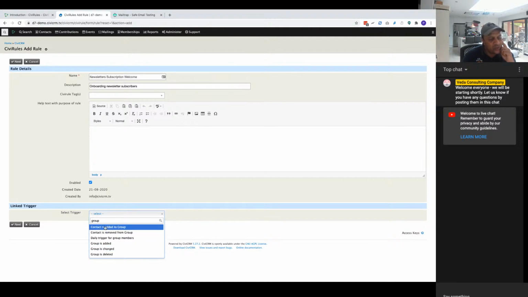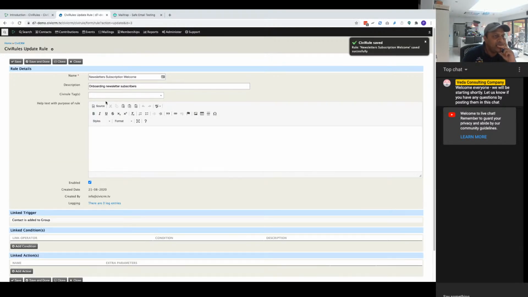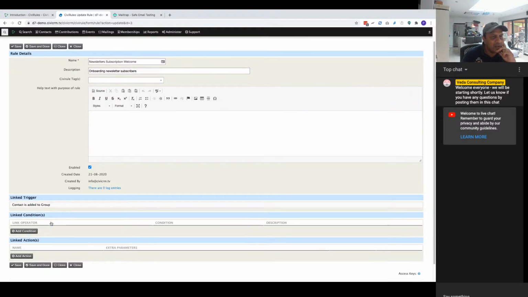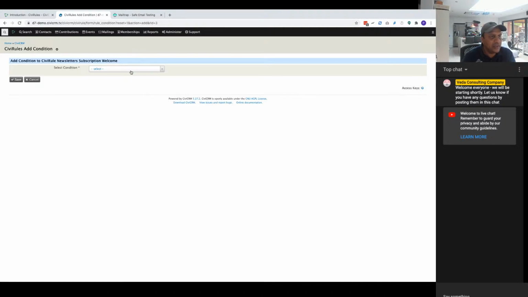So for ours, we're just going to do when someone's added to the group. So that's my trigger setup. You'll notice at this point I haven't mentioned the newsletter group itself, right? There's no indication that it's only those contacts I want to capture. So if I left the condition blank and just added my action, then anytime anyone was added to any group, they would get this email coming out, which is not what I want. So I'm going to add a condition in there,